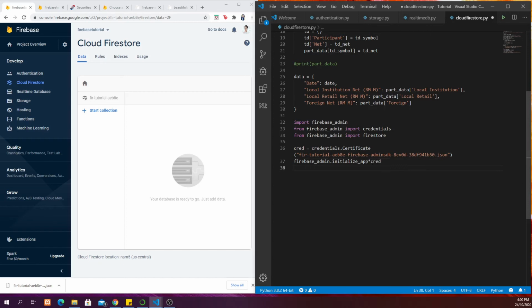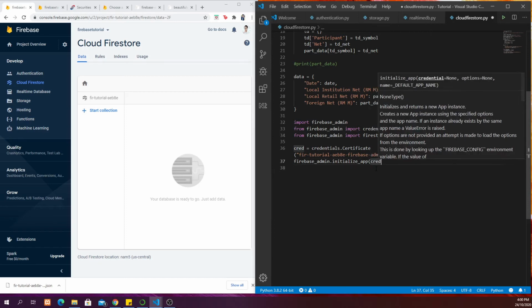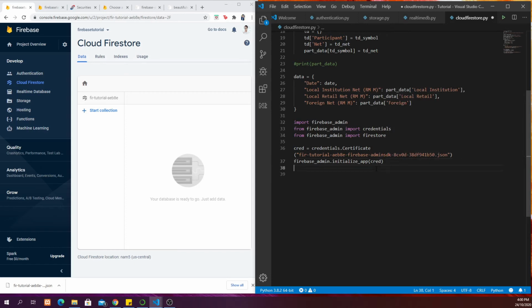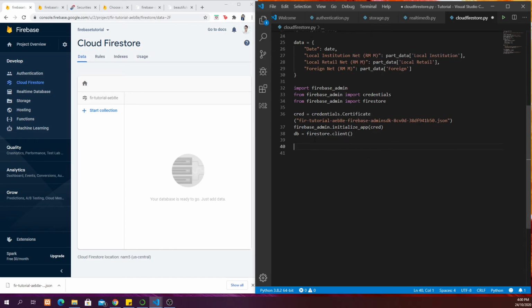Okay. And db is equal to firestore.client. Cool. So now we have instantiated our Cloud Firestore,